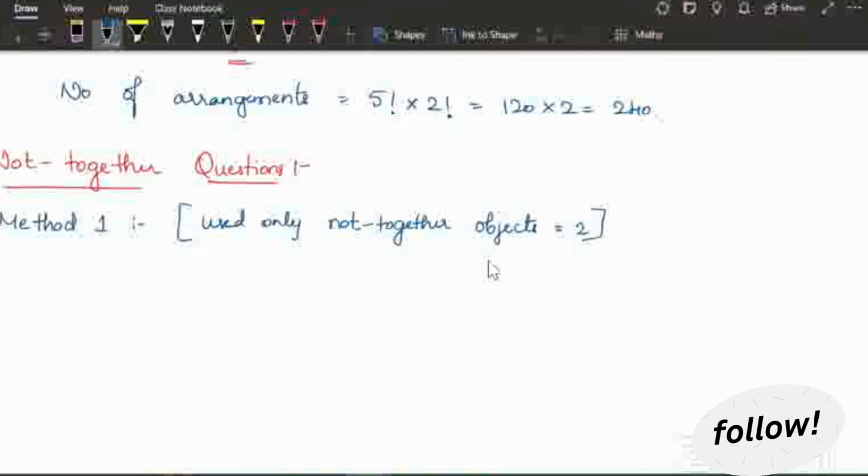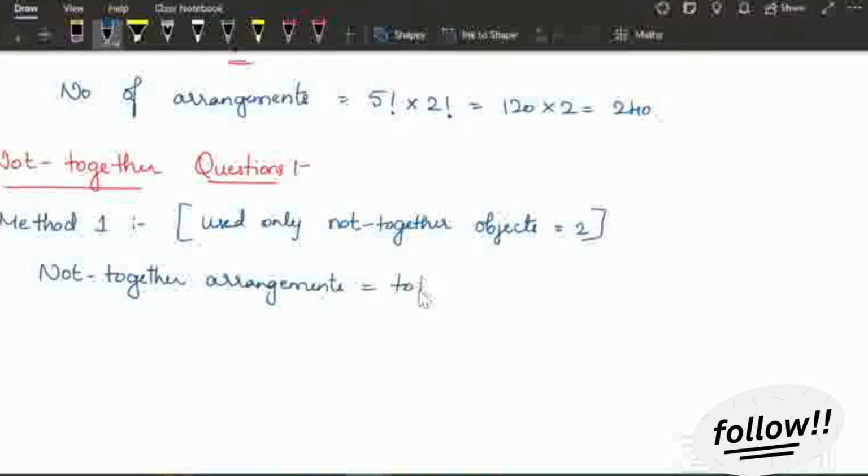So what is this method 1? The number of arrangements in which the certain given two objects are not together is equal to, so number of not together arrangements is equal to